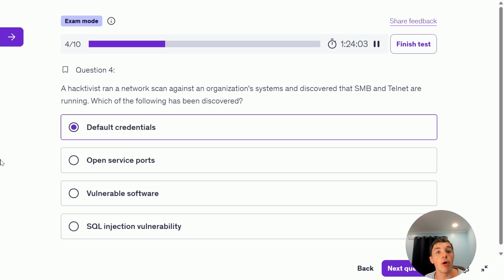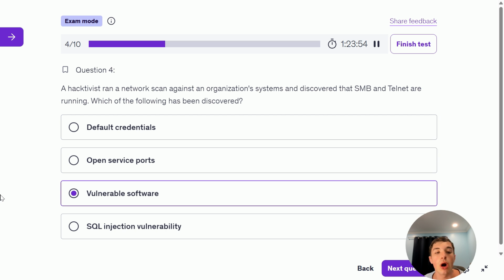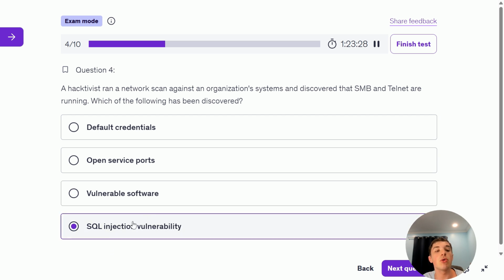So, by far, the most common username and password combination that you'll find is admin as the username and admin as the password as well. Vulnerable software, just a brief term to describe software that is vulnerable to exploits and needs to be patched. And finally, SQL injection vulnerability. SQL stands for Structured Query Language, and this involves exploiting a database vulnerability that would allow you to modify, view,